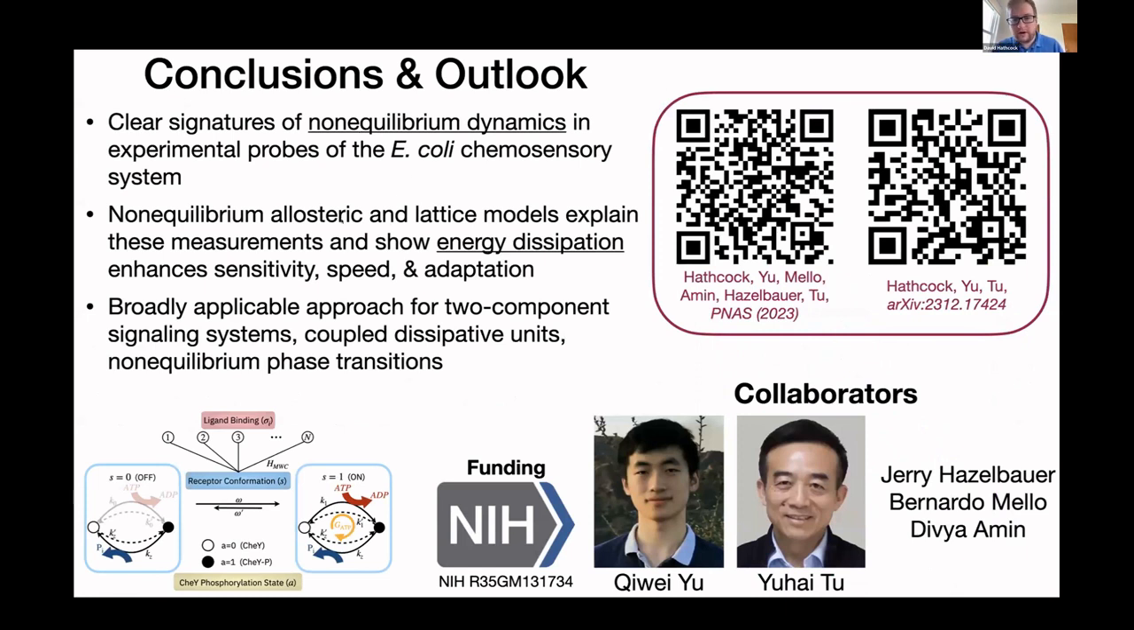Okay, so with that, I'll leave you with these concluding thoughts. We have two non-equilibrium models that are able to capture these fundamentally non-equilibrium measurements of the chemosensory array. And we're also hopeful that these modeling frameworks can find broader applicability in two-component signaling systems and for studying things like non-equilibrium phase transitions. So if you're interested in the details, please check out our papers and I'll